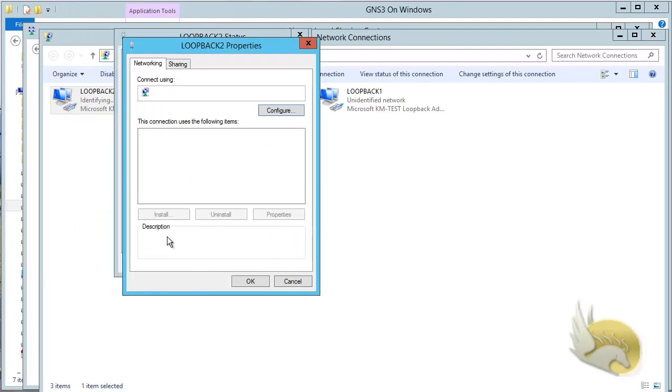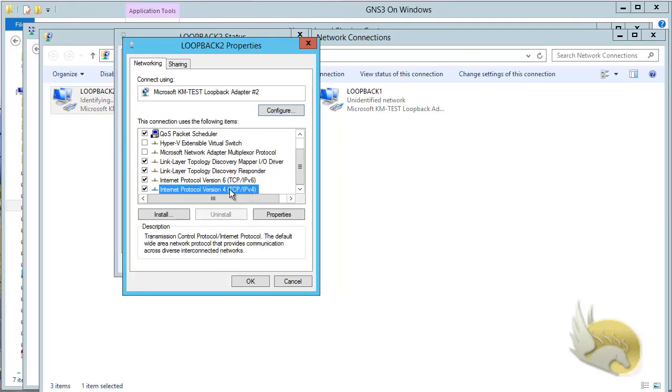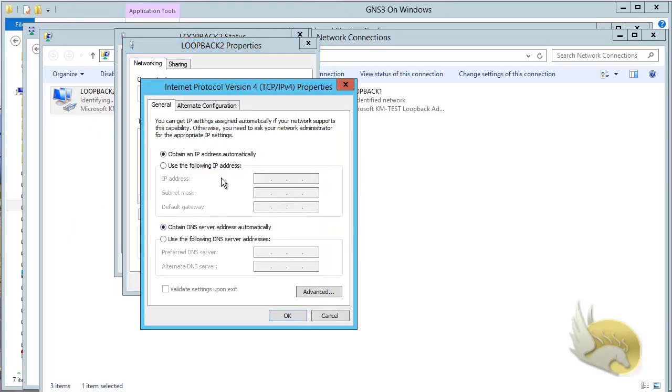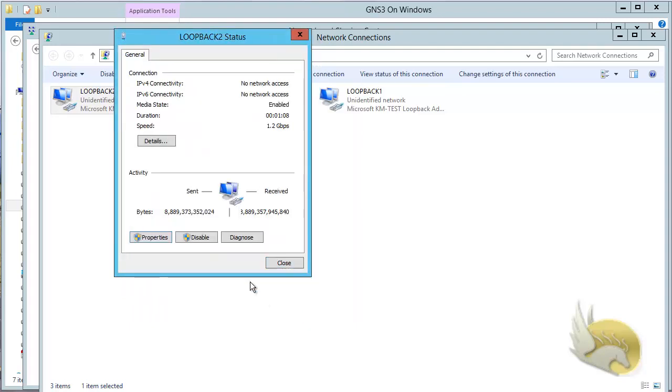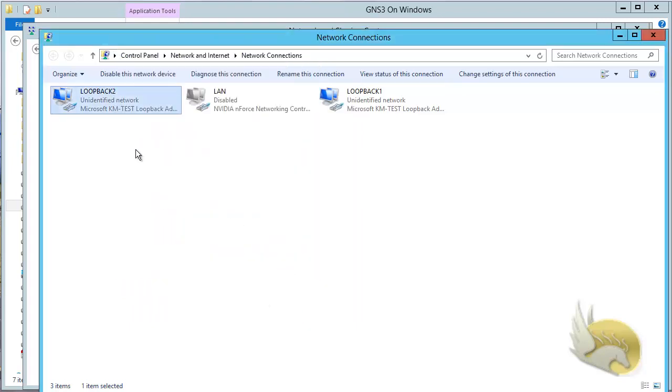Click on properties and select the IPv4 address and click on properties and select use the following IP address. I choose to have, for example, 172.16.10.1, and this is going to be a 24-bit IPv4 address. If you don't know how to configure the IP addresses, don't worry about that. I will go through the IP address in detail later. So I click on OK, click on close, and click on close,